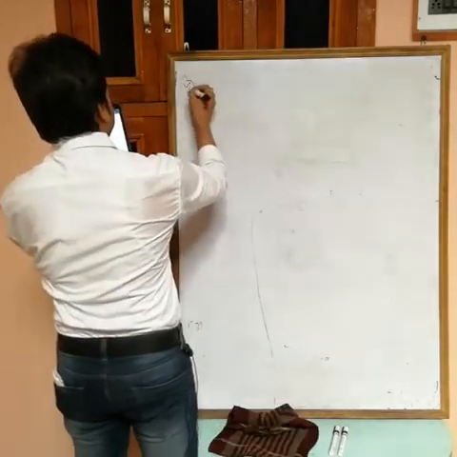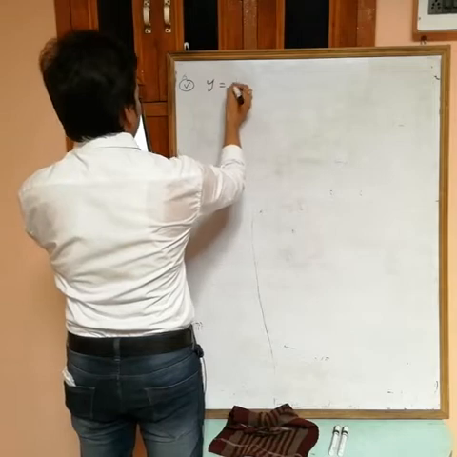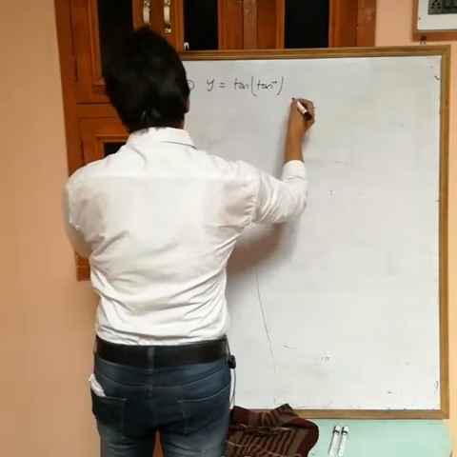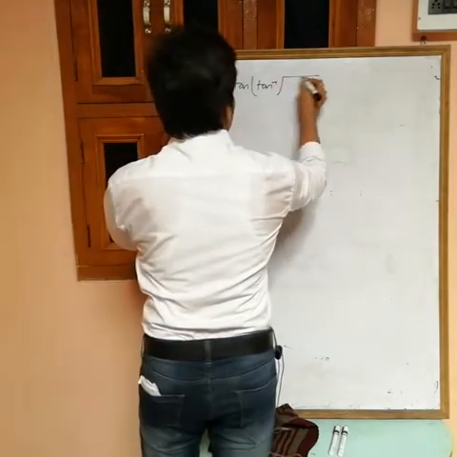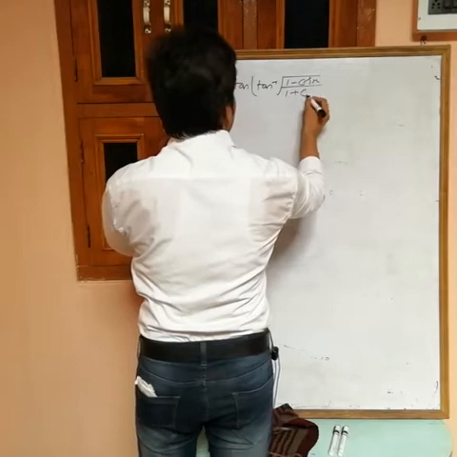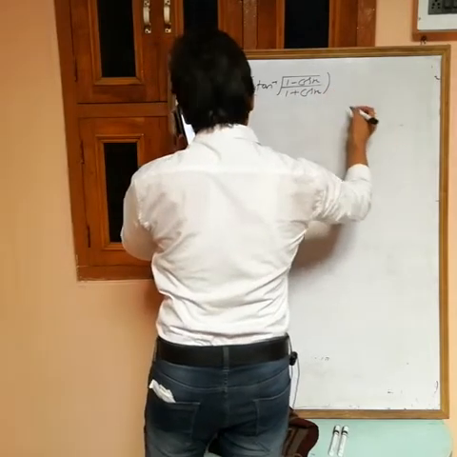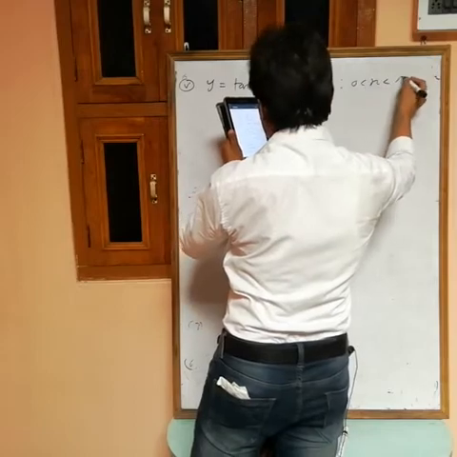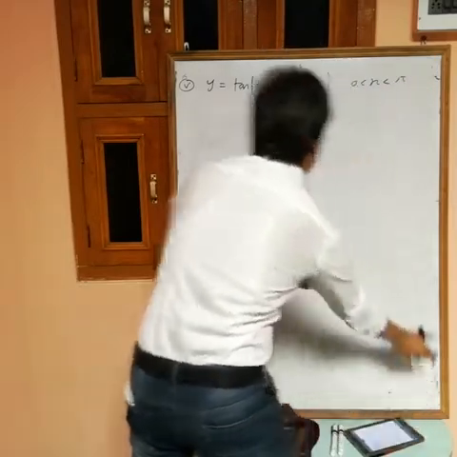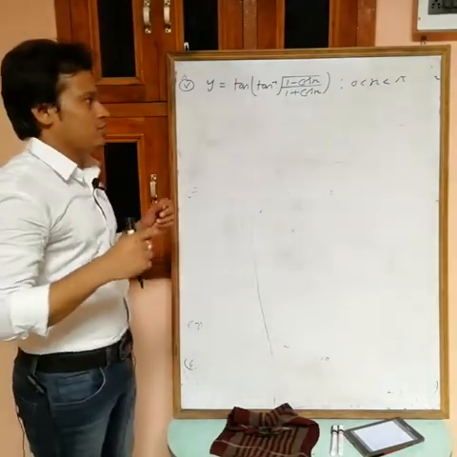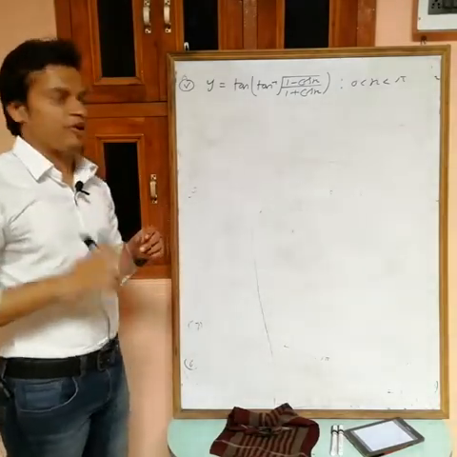Now the fifth one is y equals tan of tan inverse root over (1 minus cos x) by (1 plus cos x). Here it is given that x is greater than 0 but less than pi. We want the differentiation of this one. Directly we can differentiate, but it gets lengthy, so first simplify this one.